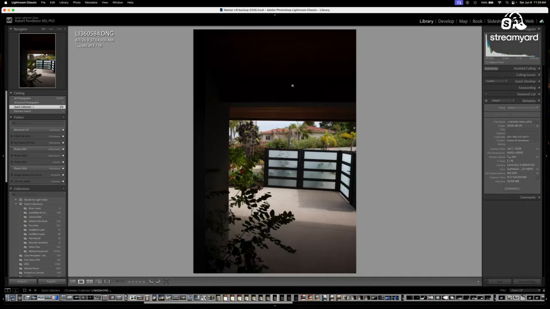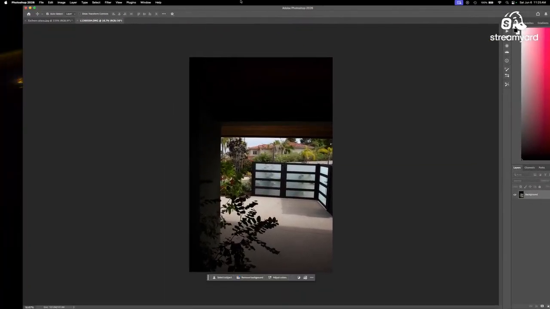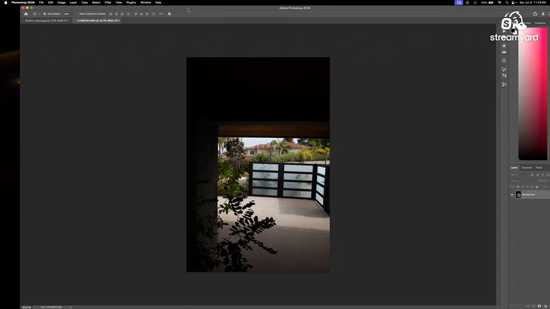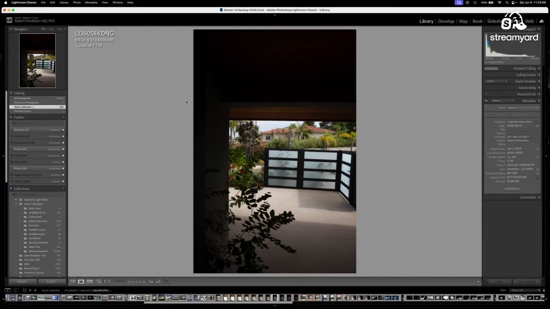So if we then take this into Photoshop, on my Mac it's just Command E. We can start to modify the image. I think the first thing I'd like to do is the color super saturation. So I'm going to go back to here and sort of follow the process that I had when I was first learning these things, first exploring them. I want to make this thing look blue.